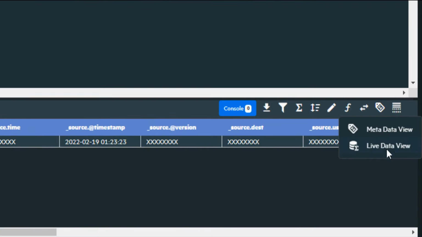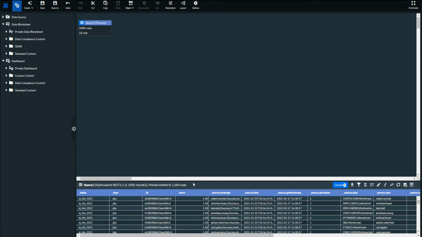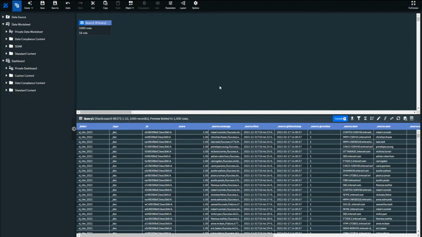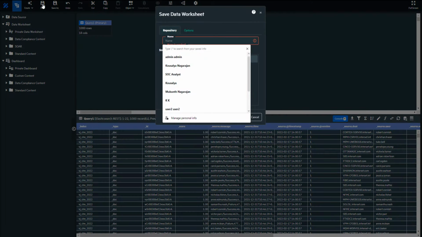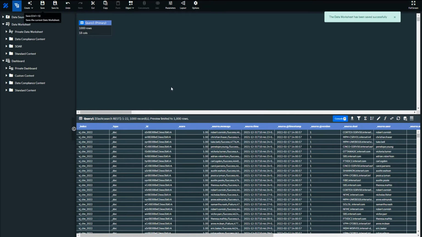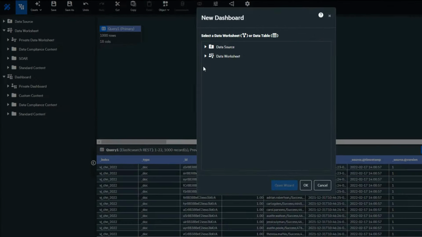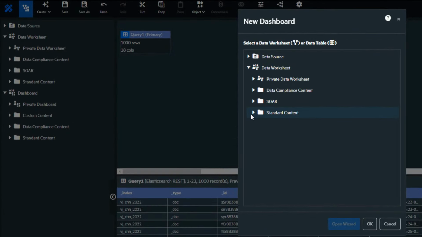We are entering the REST query details here, such as JSON path and URL suffix for the database. Clicking the Live Data View option at the bottom right allows me to see the data successfully, as retrieved from the index in the Elastic DB. I save the worksheet. Now we'll create a new dashboard using a template from the available